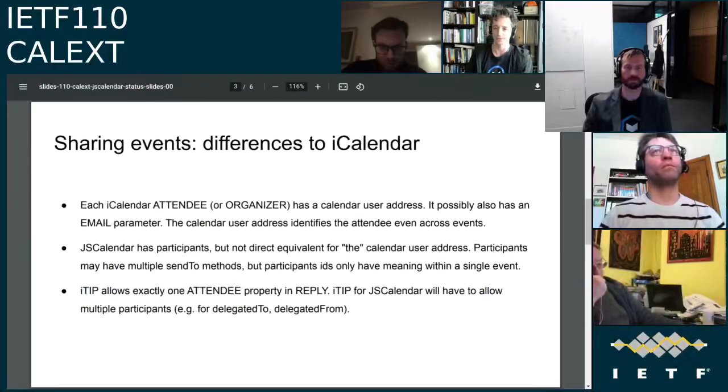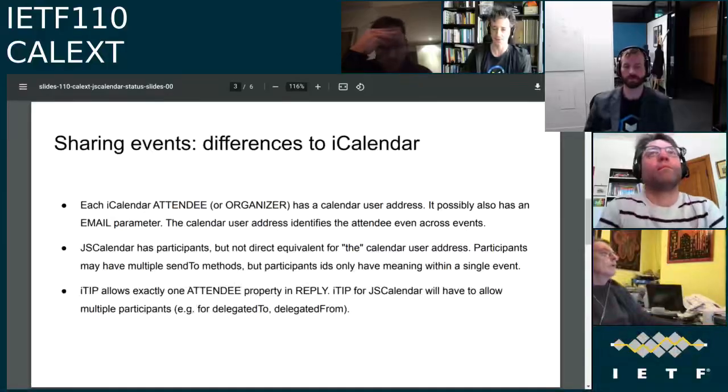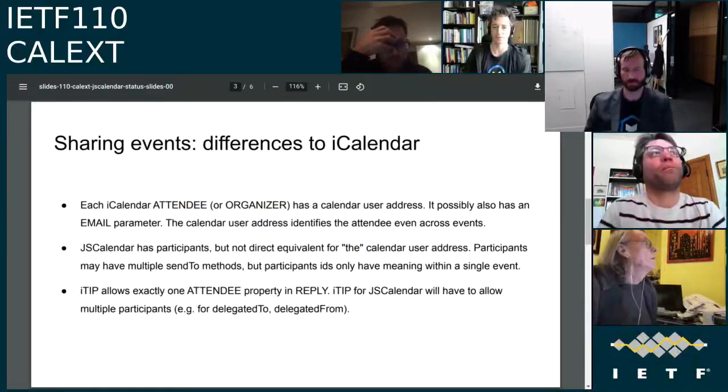The other issue is that in iCalendar, the calendar user address is used to cross-reference between attendees, for example if you have delegates. In JS Calendar, we are using participant IDs to do this, where we can basically achieve the same, but it will require us to include, for example, multiple participants when we send an iTIP response with JS Calendar.